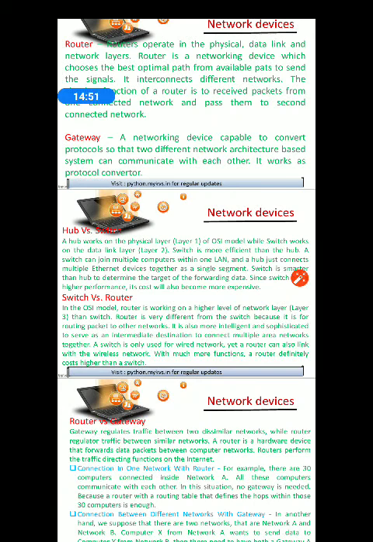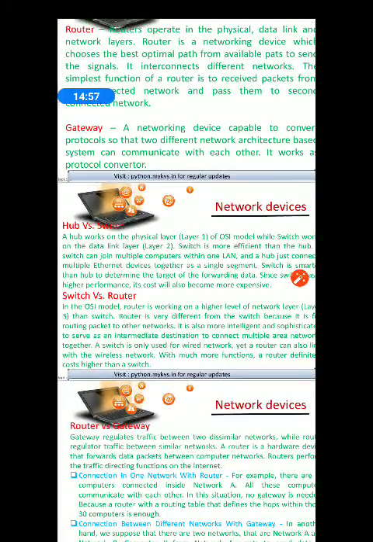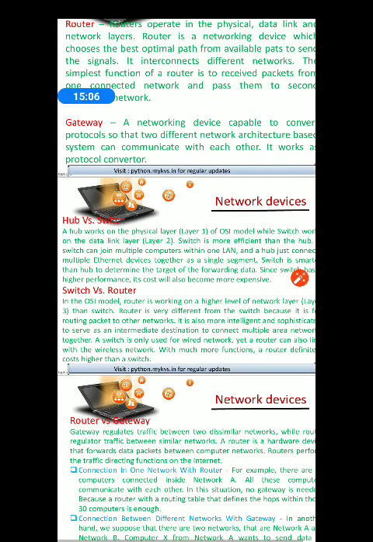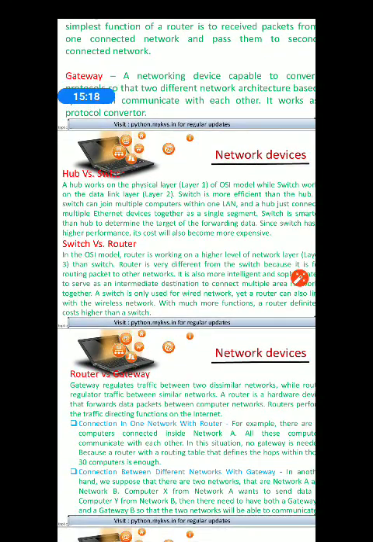A router is to route packets from one network to another. Routers are more intelligent than switches. A switch is only used for wired networks, whereas a router can be used in wireless networks also. Routers are much costlier than switches.